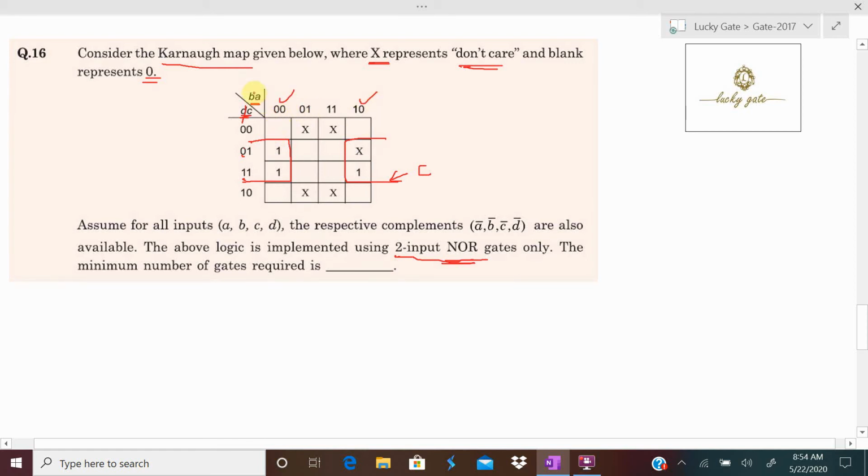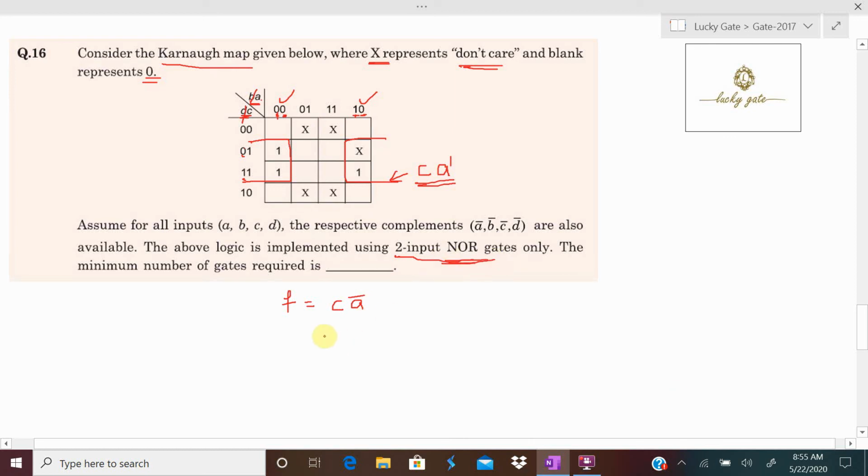In these 2 columns, the first bit is representing B, second bit is representing A. Now B is differing with 0 and 1, so B gets cancelled. And what is common? A. For A, what is the bit? We have 0. 0 is represented in the form of complemented form, so that it is representing a minterm CA dash. Now the Boolean function represented by this K-map is CA dash, and moreover, to implement this Boolean